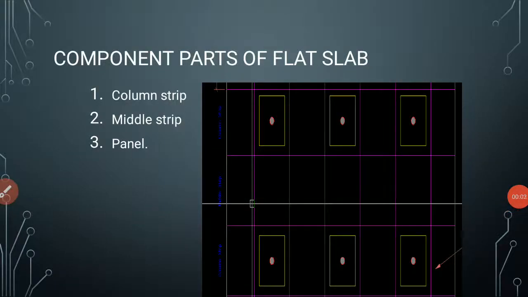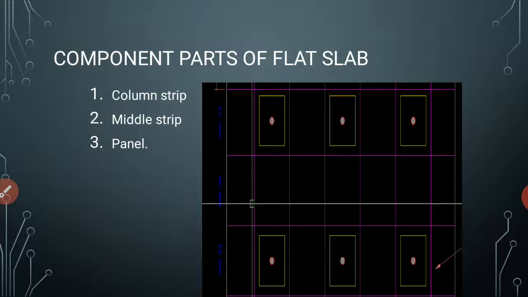Hello dear students, we have started the design of flat slab, and in this session we'll learn about the IS clauses and IS recommendation for the designing of the flat slab. As we discussed in the last session, the flat slab is to be designed according to its strips, that is column strip, middle strip and panel. We have to design the column strip, middle strip and panel separately, and accordingly there are the clauses